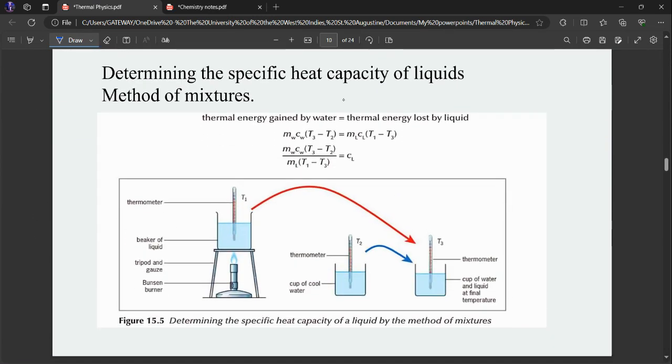Now determining the specific heat capacity of liquids, method of mixtures. So you had thermal energy gained by the water is equal to thermal energy lost by the liquid. That is for two liquids. So M subscript L, C subscript L, that is for the liquid, and M subscript W, C subscript W, that is for water. So you're mixing two liquids basically. You heat a liquid, then you place it in a cup of cool water, and then you measure the temperature change. Again, you use this formula here. You make CL the subject of the formula, just like what we did, and you will get the specific heat capacity of a liquid. Simple,